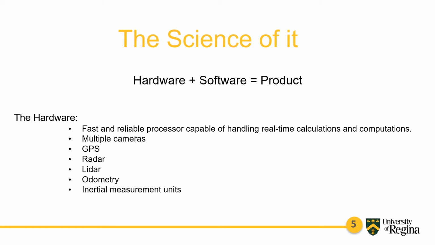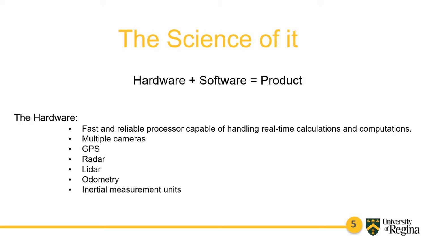Now that we have a basic grasp of autonomous vehicles, we can move forward to understand the science that goes into making such vehicles a reality. Before we move further, there is a simple elementary formula of developing a product. A product is nothing but the combination of hardware and software it uses. The case with autonomous cars is no different. Now, if we talk about the hardware, to develop a vehicle that can sense its environment and make decisions as quick as possible, we need a certain range of accessories.